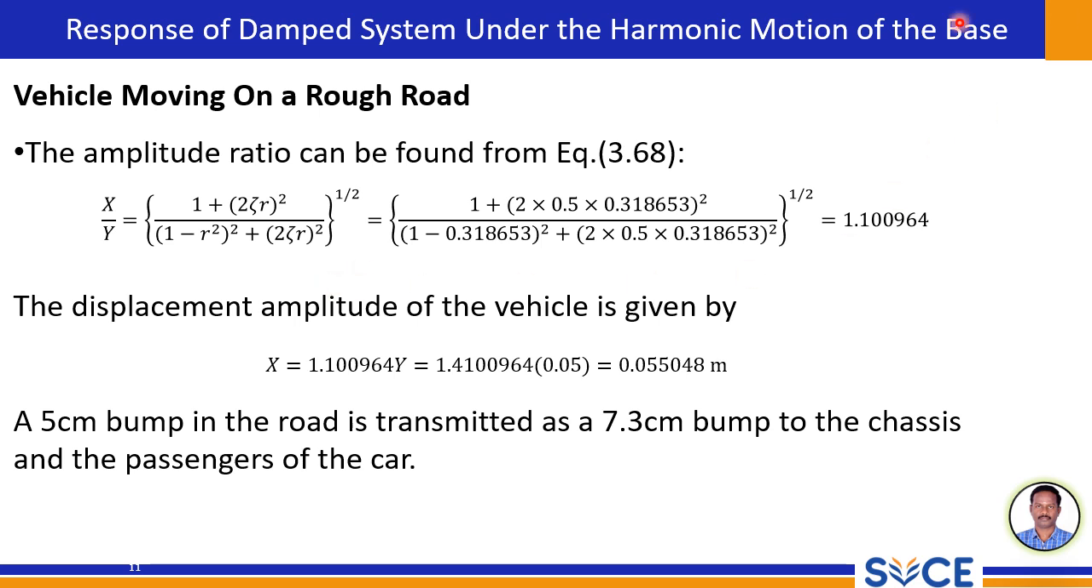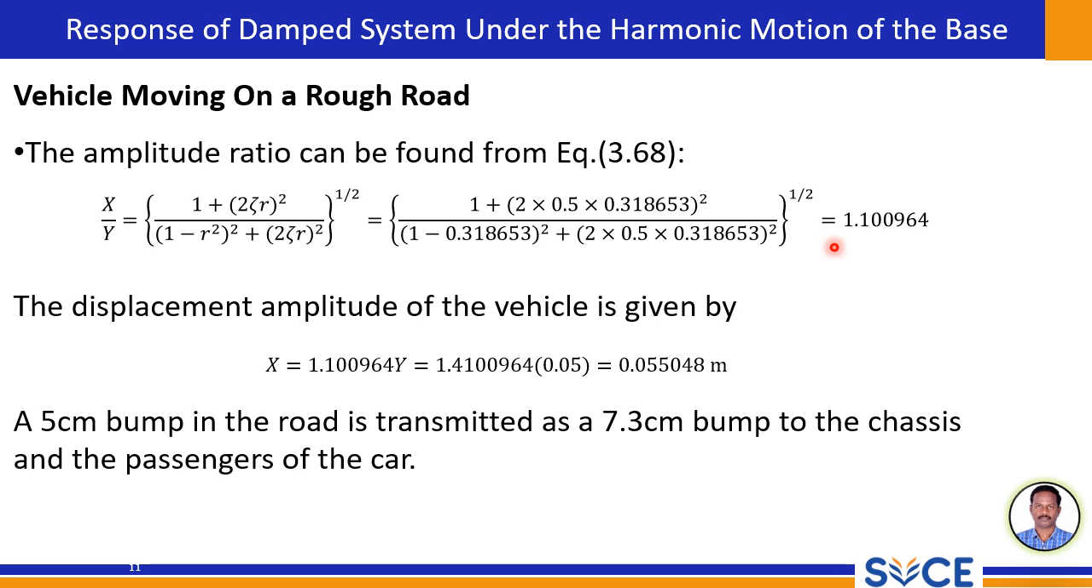Let me substitute the known values. Whatever we calculated, r is approximately 0.318, psi is 0.5. Substituting these values into the given formula, we are able to calculate the amplitude ratio, that is approximately equal to 1.1. Now we calculate the displacement amplitude of the vehicle, where we know that X by Y is 1.1, and